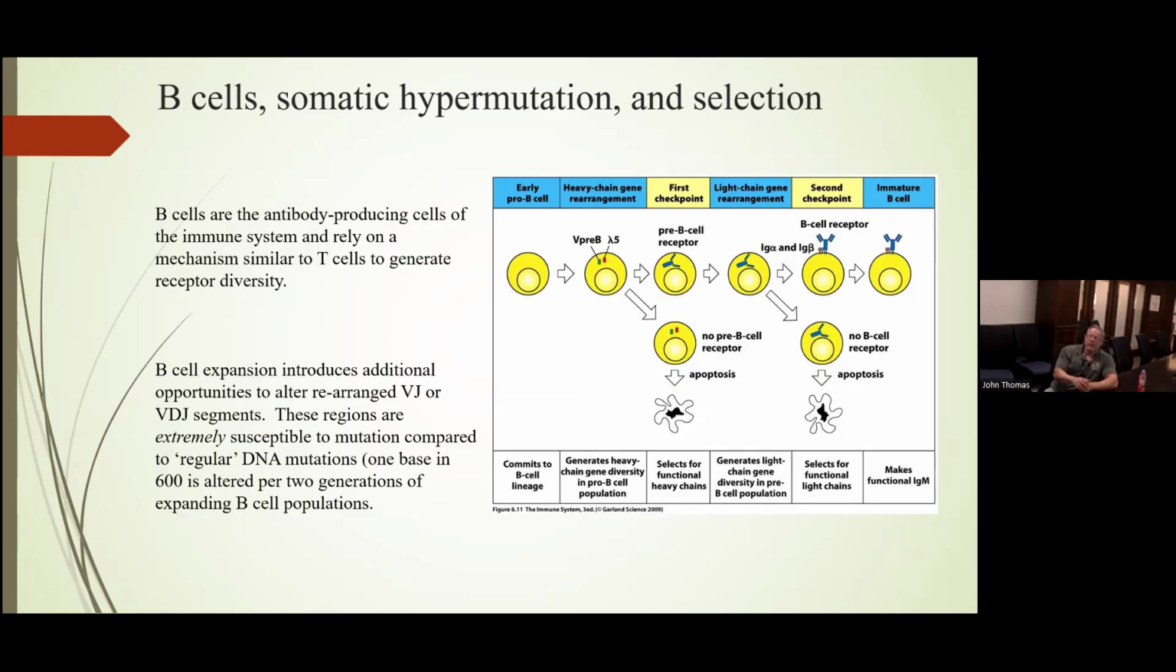And we see for B cells and T cells going through these receptor rearrangements that the mutational rate goes from 1 in a million down to about 1 in 600. So basically, you're going to see 2 generations of mutations in every B cell population that leads to an expansion. So this again just helps to drive receptor diversity for B cells,